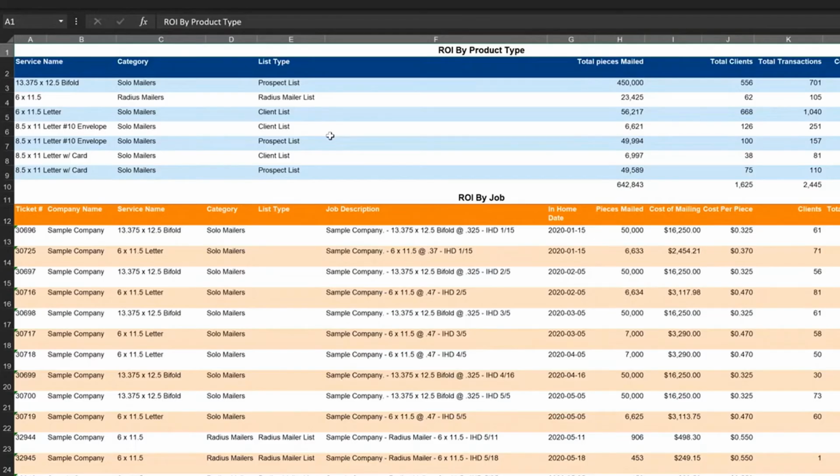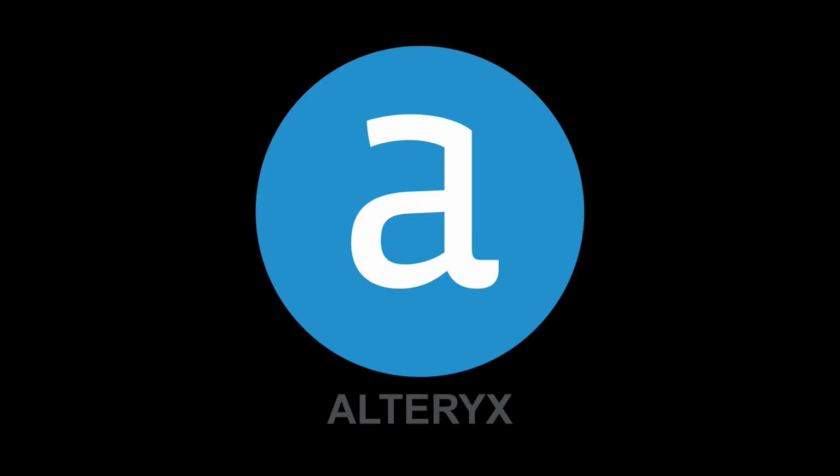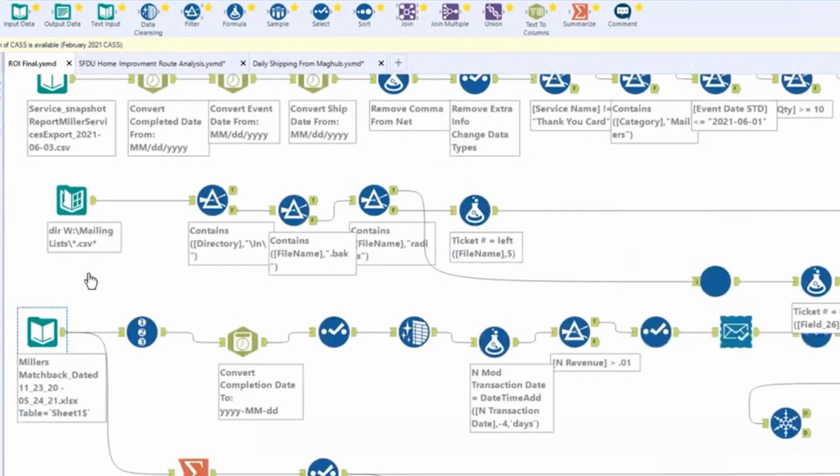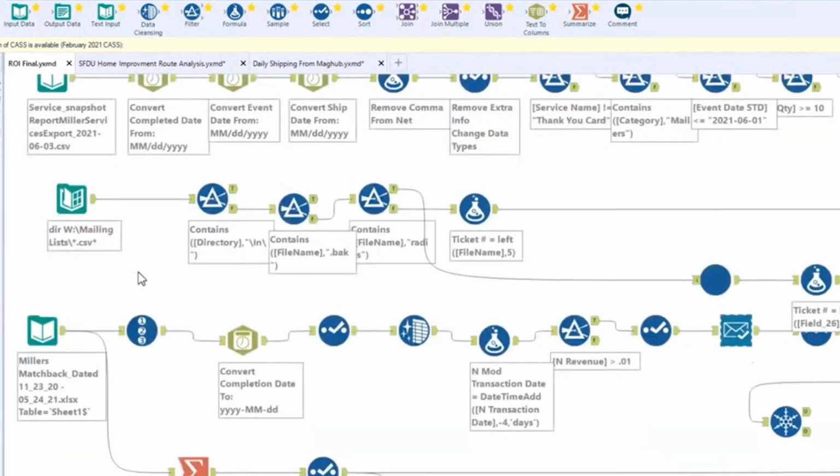Now, once we have that data, then we run the matchback. We use a program called Alteryx that's a fantastic visual programming tool. We built a workflow in there using a bunch of different steps that we wanted to run through, which in this case would be the mailing list that we actually sent out and the client list that we received out of ServiceTitan or directly from you. We will then take those inputs and we'll run them through our workflow, which runs a set of steps,